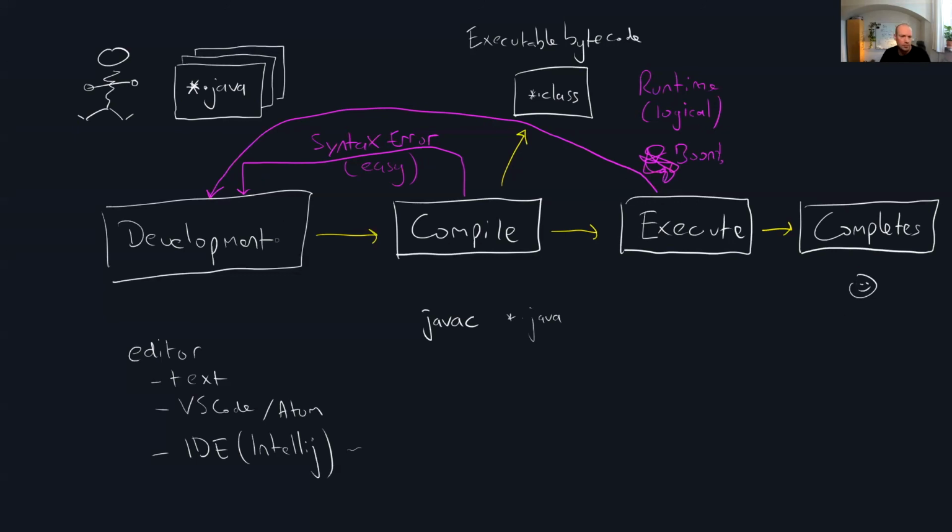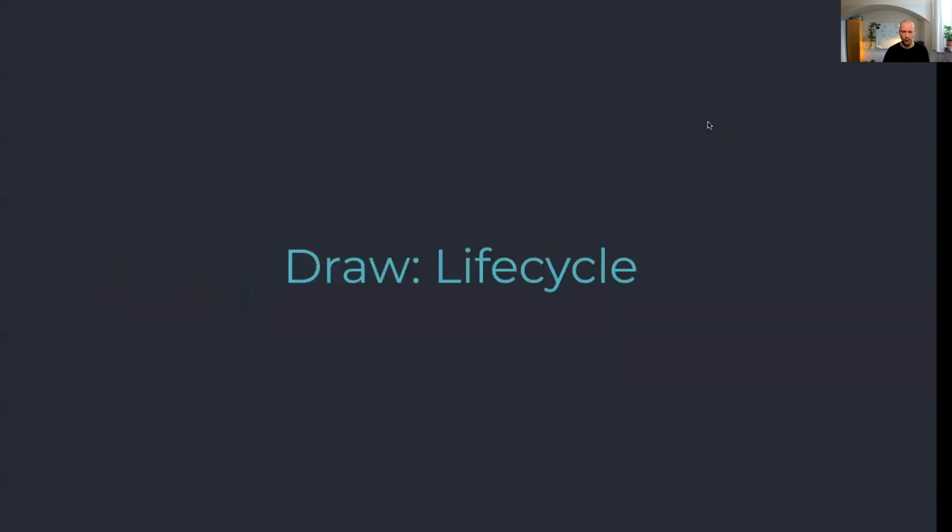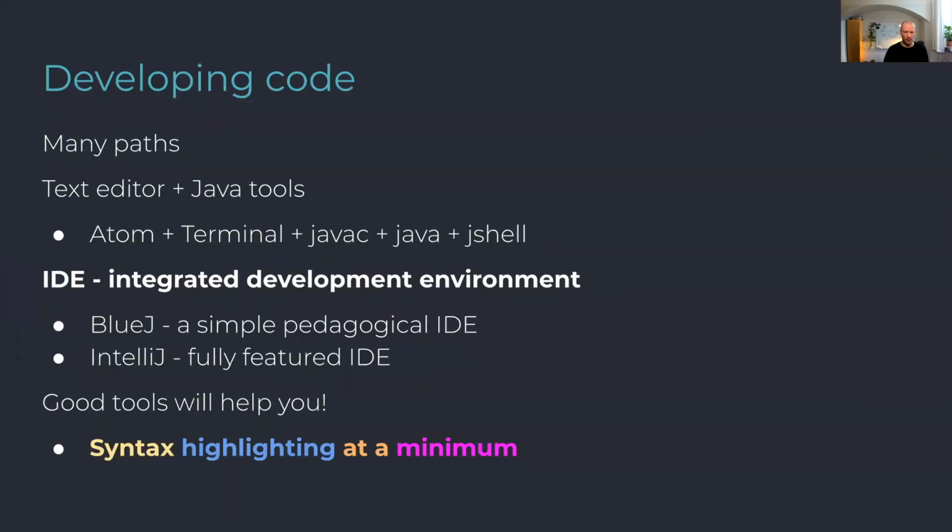I'm pretty sure if you've only started programming over the last couple of weeks, you've probably spent a lot of time around about here working on writing code and compiling code and then getting syntax errors and then just going through this loop over and over again. And sometimes it feels like the actual program working the way it expects to is a very far goal. But like I said, if you get these logical errors, then they are the ones that are usually much harder to solve. So again, we can compare how close